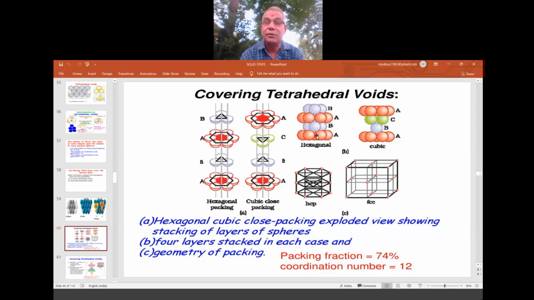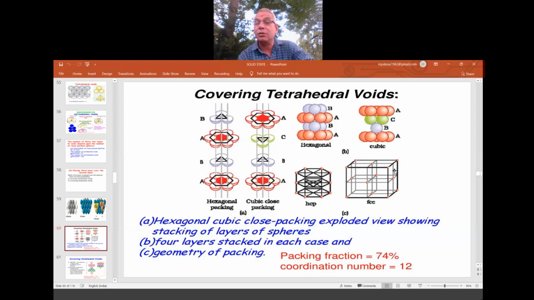Hexagonal close packing. This is very difficult to visualize, so just try to understand. Otherwise, you can go for tennis balls and try the packing yourself. By using this slide figure, if you pack it, definitely it looks like a hexagonal close packing. And if you arrange in the ABC type, it looks like what? FCC or CCP. What is CCP? Cubic close packing. Cubic close packing and FCC both are the same.